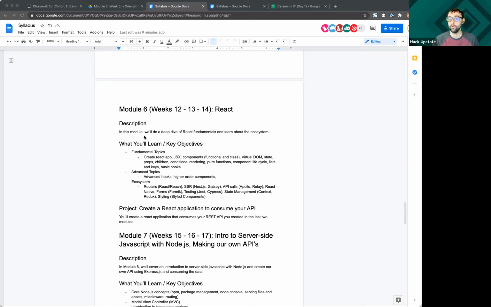So if you need help with a definition or figuring out where the puzzle pieces fit in, definitely bring that up with the instructor. So anyway, React is a front-end framework, and you've got 3 weeks of that to kind of learn how you make your website start to feel more interactive, show more data, start to feel more app-like than just a site.